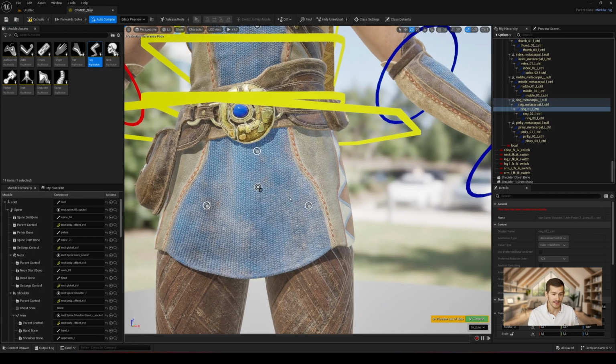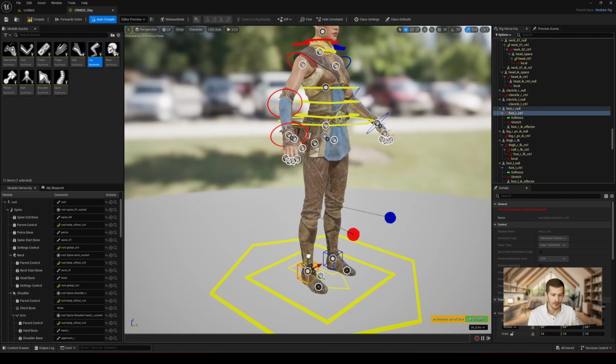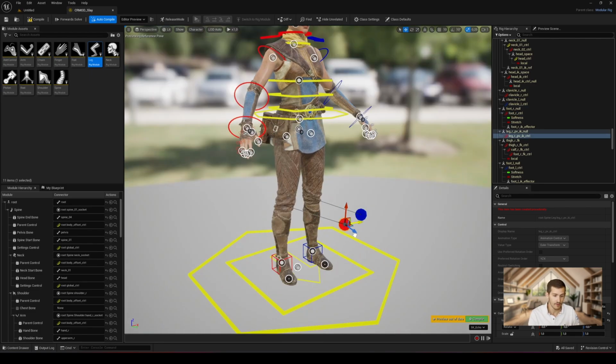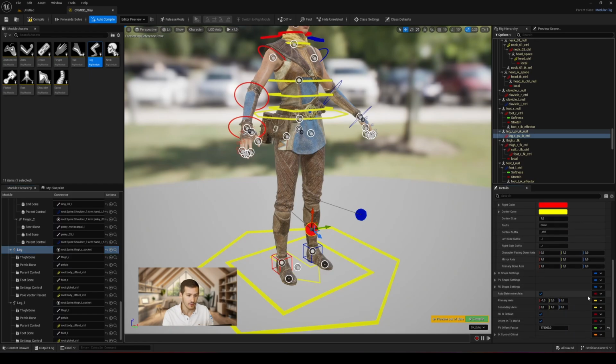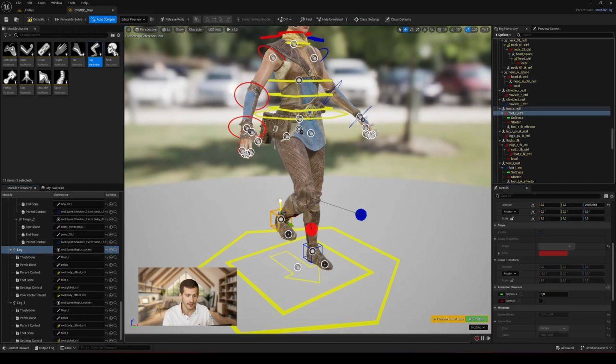Let's focus on the legs, for example. Let's drag the leg module onto the appropriate socket here. But here, you can adjust an offset on this pole vector when you click on the leg module and go to its details panel. Very useful if your pole vector is not in the right place. It has been quite difficult to adjust it sometimes, don't forget, this is still experimental.